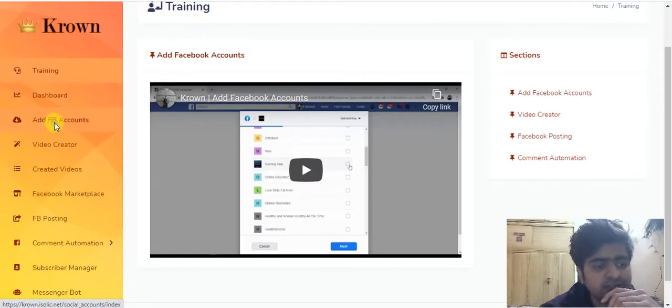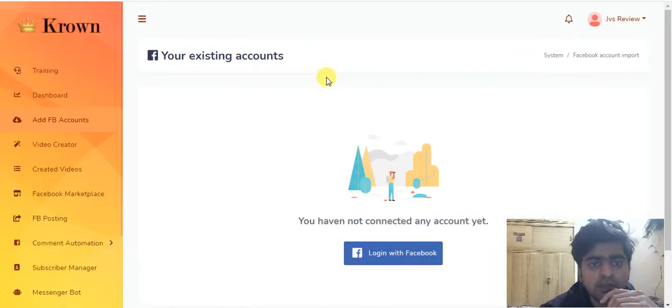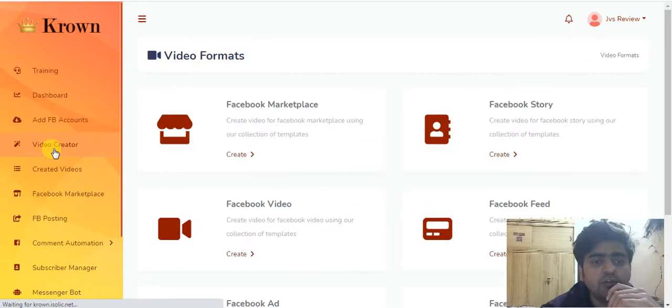The next thing is add Facebook accounts, and this is quite self-explanatory: from here you can add your Facebook account. The next thing is video creator.